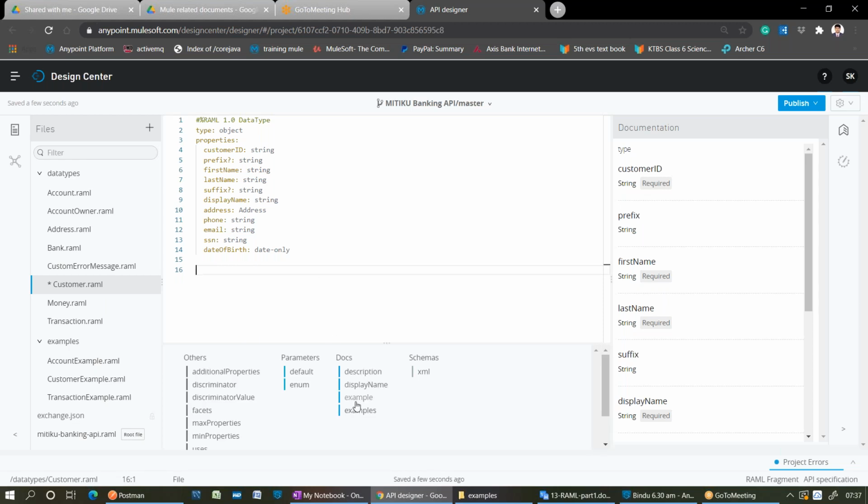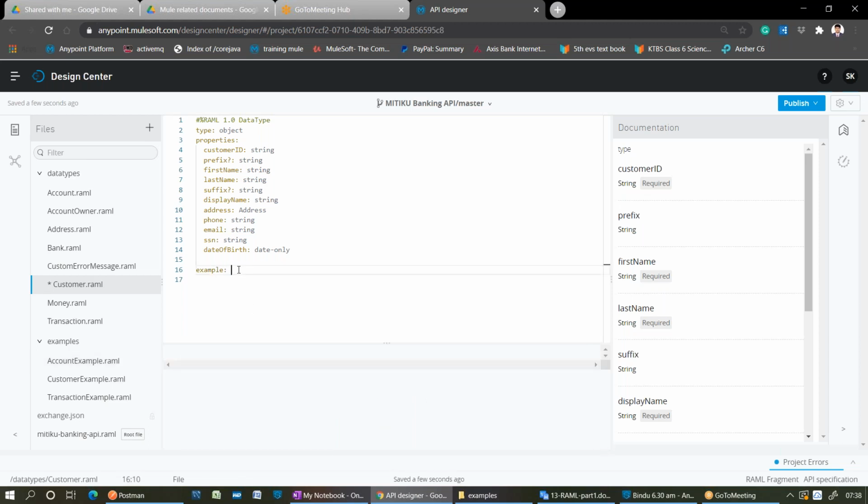There you can see the example and examples keys. If you are referring one example to this data type, then use example. If you have multiple examples in your examples folder, then use examples. Right now I have only one, so go with example. You know how to include one YAML file in another: exclamation mark include.